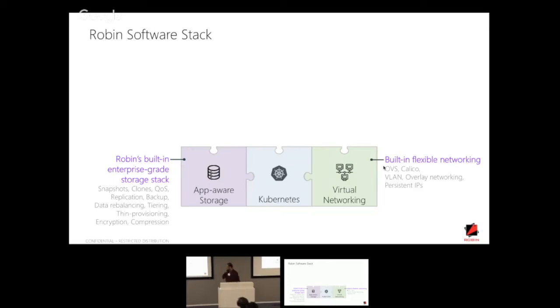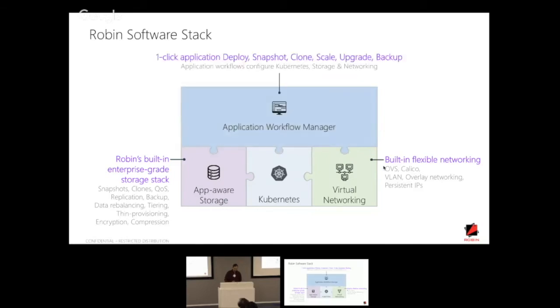This in itself is not enough because this is just giving the building blocks. You've got storage, you've got network, and you've got compute orchestration. What is missing is application awareness, because you orchestrate Hadoop in one way versus Oracle. That is why we have Oracle admins and Hadoop admins, I think. So that is where the application workflow manager comes in.